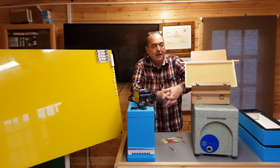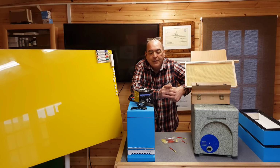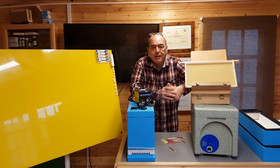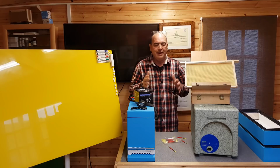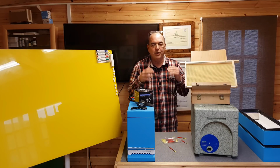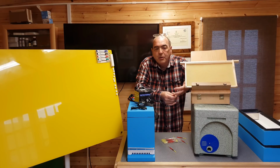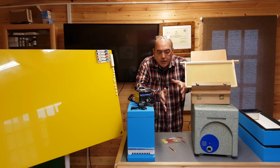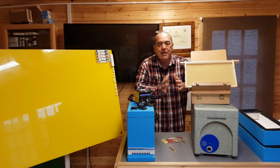We're going to be doing, as I say, various different ways. We're going to be doing timing boxes so you can time it so you're not having to guess the age of the larvae. You're going to know exactly how old the larvae is going to be. We're going to be doing starters and finishers. Especially when you're new to queen rearing, it can get very confusing exactly what a starter and what a finisher is, so we're going to be covering those. We're going to be using cloak boards to do it. We're going to be using swarm boxes for the queen rearing. So we're going to do 3 or 4 probably very different methods in how to queen rear,